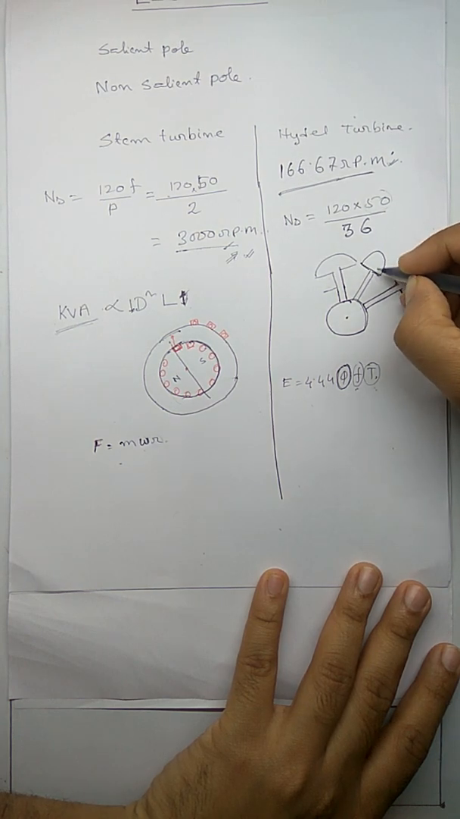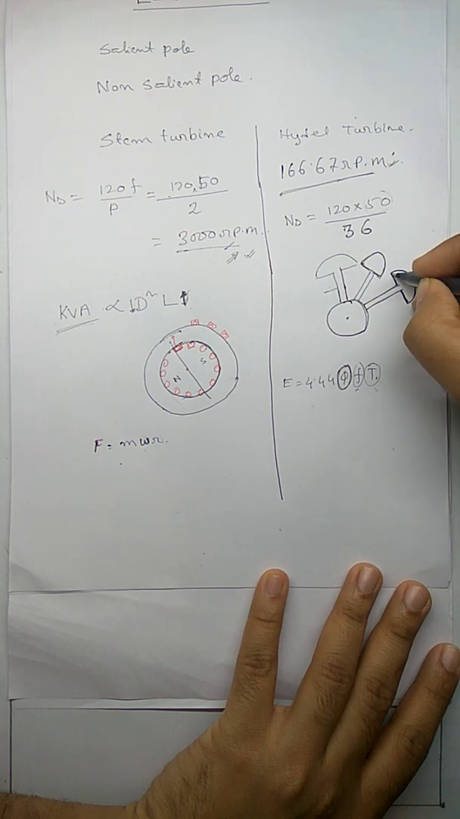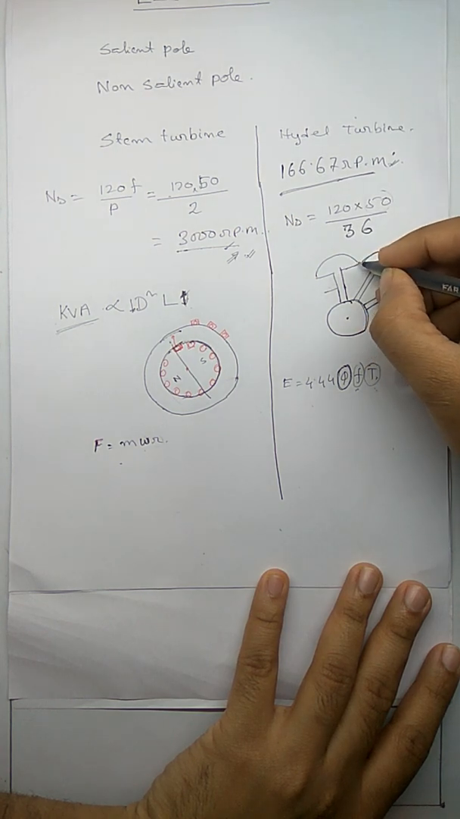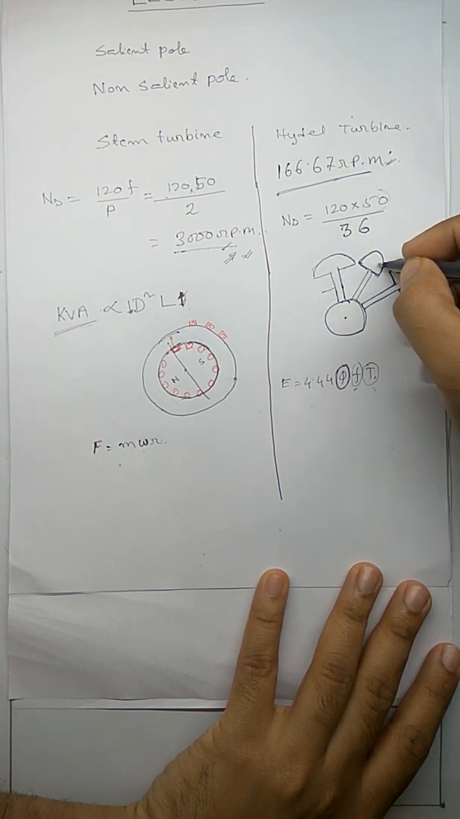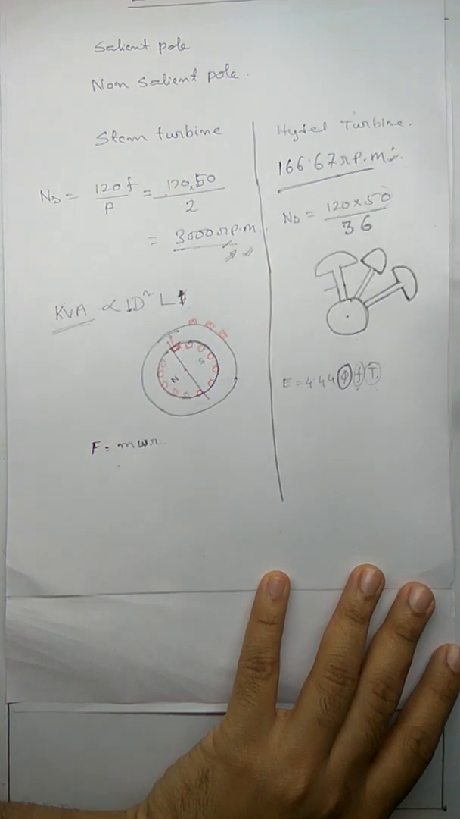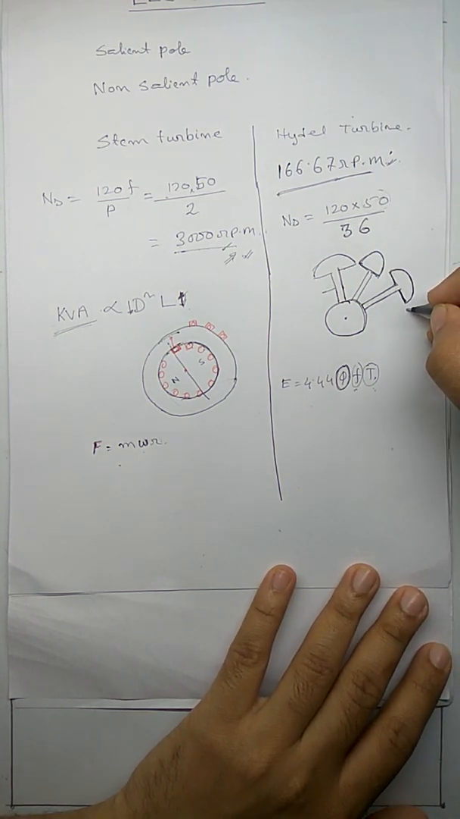There will be a number of poles like this on the periphery. All poles will have the same dimension. Sorry, this one is smaller, but all poles will have the same dimensions. Now